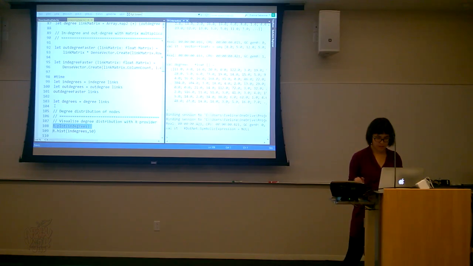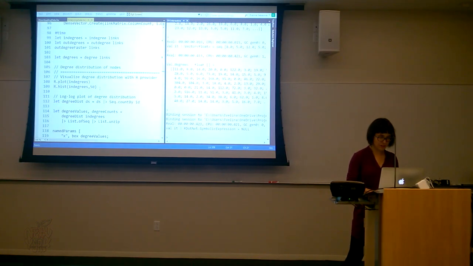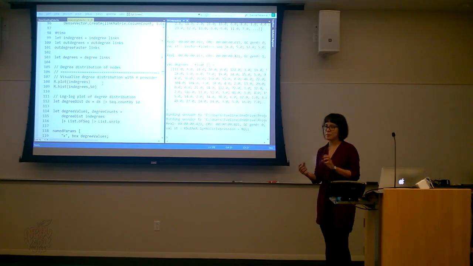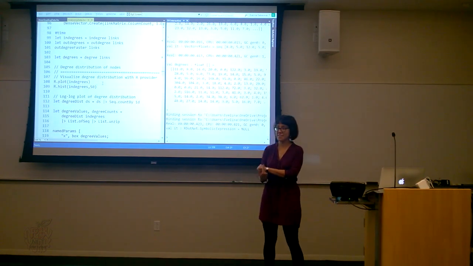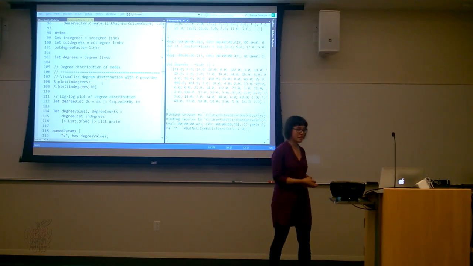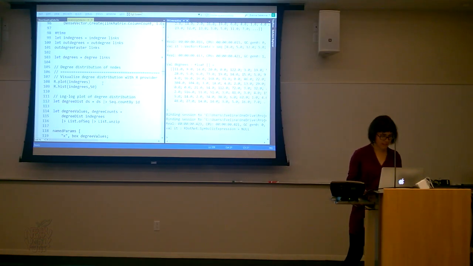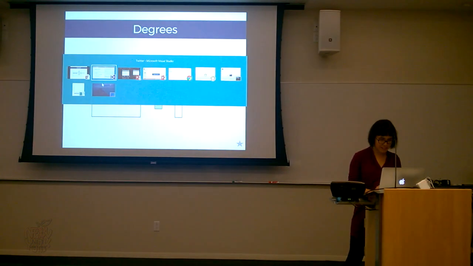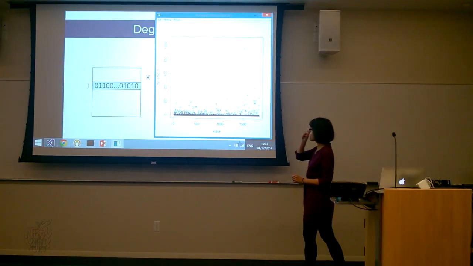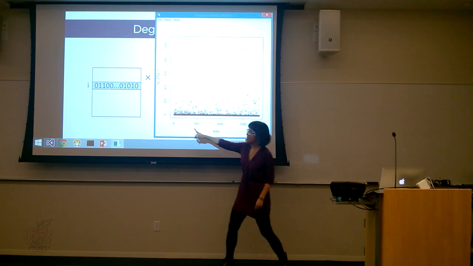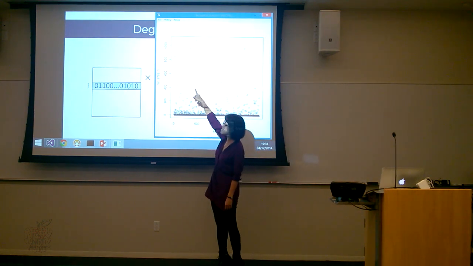So now what I'm actually using is the R provider, which gives me access to all functions in R that I can call from F# quite easily. And what I did is that I just plotted degrees of nodes. So for every node, I'm getting the degree.